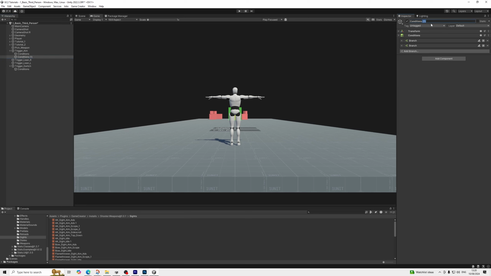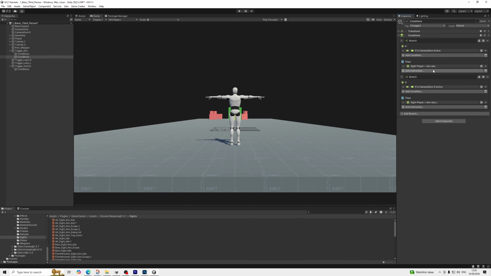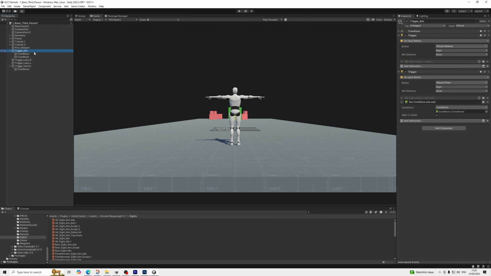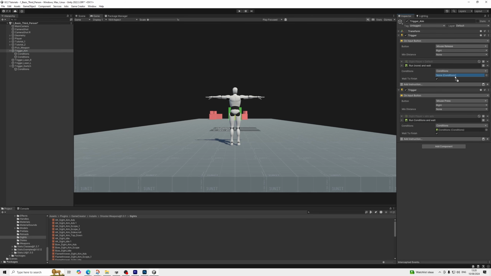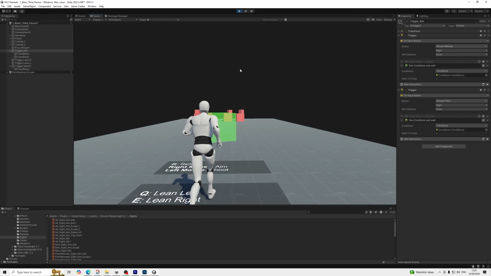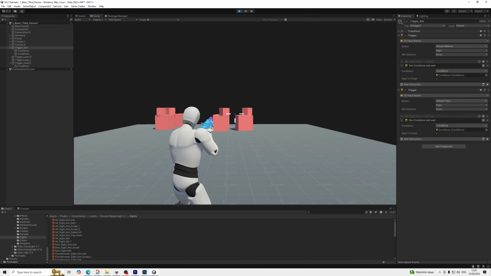So we're going to duplicate these conditions. Naming them normally is a smart thing to do. So idle if the left shot, the normal shot, is active, and then idle R if the right side is active, and we're going to copy that in here, and let's refer to it. Perfect. So let's give this one more quick try just to make sure I didn't make any mistake. So this works,